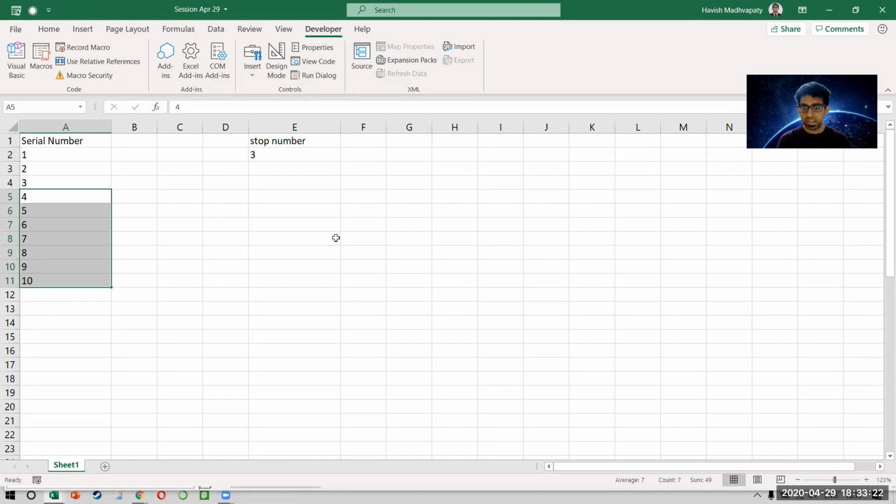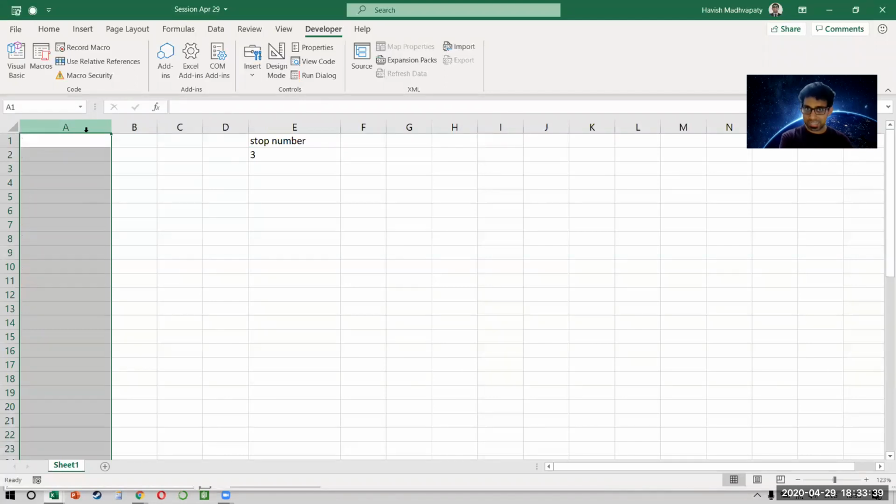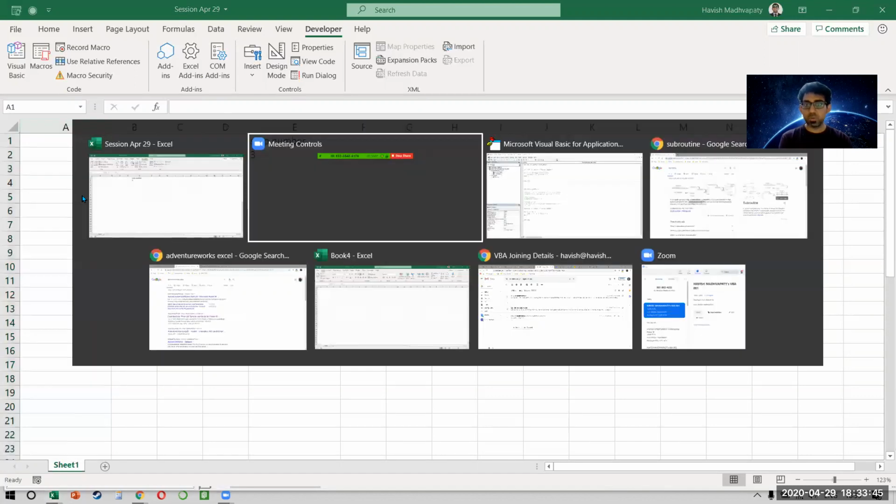What do you think? So I've already run a code from 1 to 10. If I run another code which says 1 to 3, do you think the numbers 4 to 10 will get deleted? They will not, because the numbers are already there on my cell, right? So what we need to do here is, I will need to have another line of code that will first delete whatever is already there, and then it will write the new macro, right? Which means I need to delete the first column.